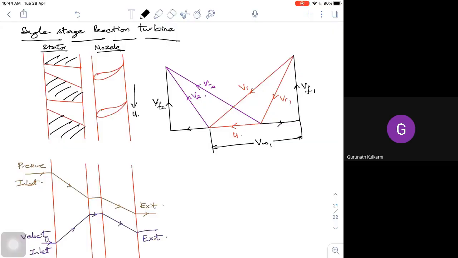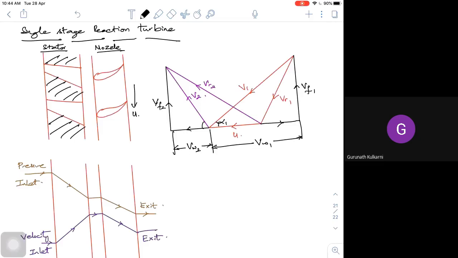Okay, fine. So representing it. Now, this is my corresponding velocity diagram. And if you look at it, this is my VW2. So the VW2 is in this direction. And what is the corresponding alpha? So this is the flow angle.